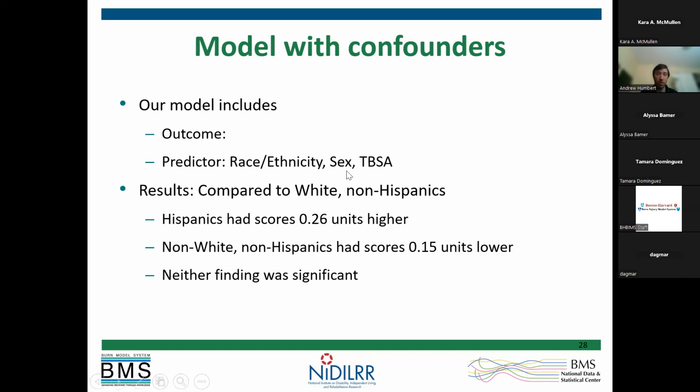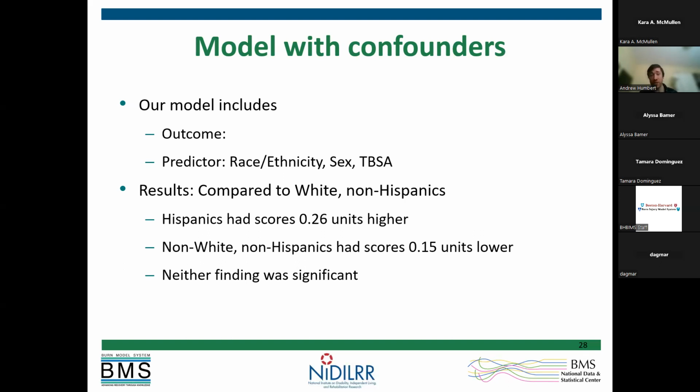We can then look at the model with confounders. Again, the outcome is body image. Our predictors are now race and ethnicity, which is our predictor of interest. We are also now adding sex, and we're also adding that total burn surface area. And again, the model does not know and does not care what role these variables have. Even though I, as the researcher, have race and ethnicity as my predictor of interest and sex and TBSA as my potential confounders, from the modeling perspective, these are all on the same footing. These are all predictors. It doesn't matter the order or how we include them in the model. It's just going to treat them all the same. Those estimates are all going to occur simultaneously.